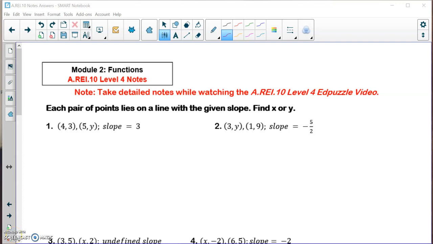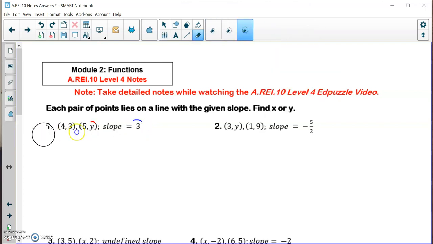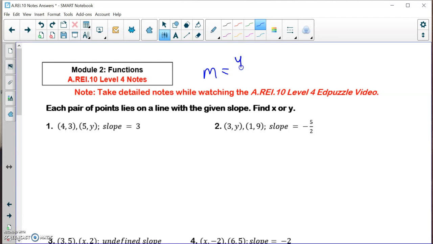All right, so we have reached level 4, and we have a pair of points here. But we don't know the y value of this second point. But what we do know is the slope between these 2 points. So what we could do is use the formula m is equal to y2 minus y1 all over x2 minus x1. I'm going to put my slope in for m,